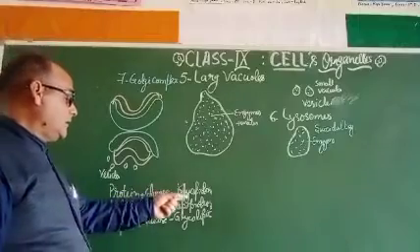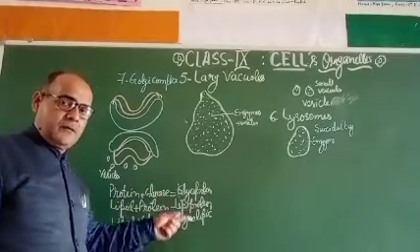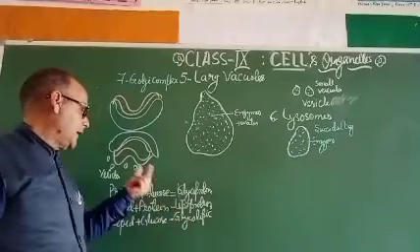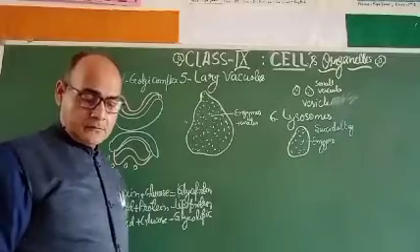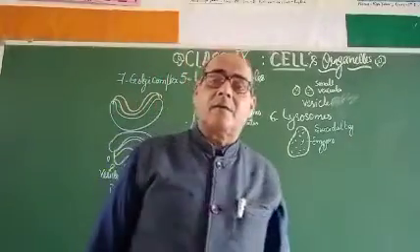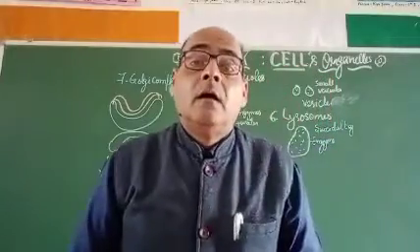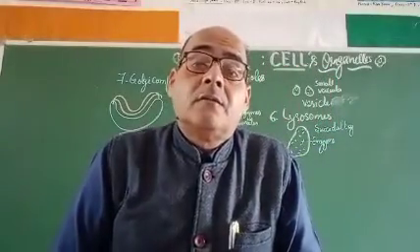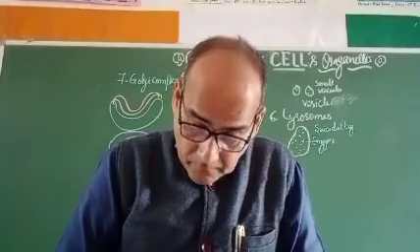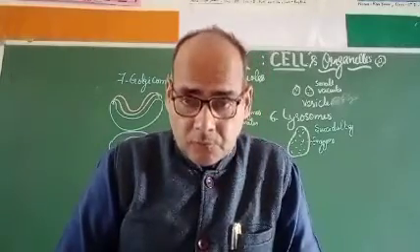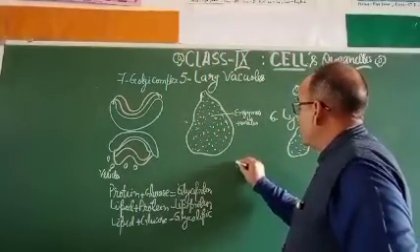And when they are required in the cell's metabolic activity, then they will be utilized and they will be packed into these small vesicles. So this is the Golgi body that was discovered by Camillo Golgi, who was the scientist, and he discovered this Golgi body. Dear student, come to the ribosomes. Next, 8, that is the ribosomes.